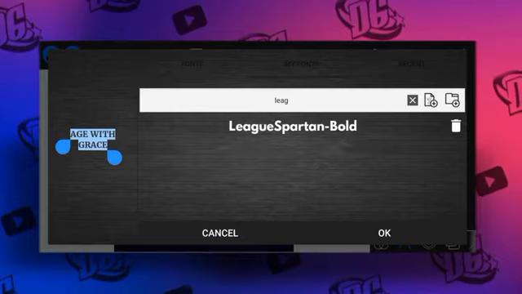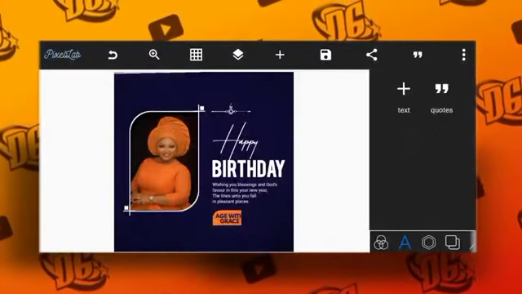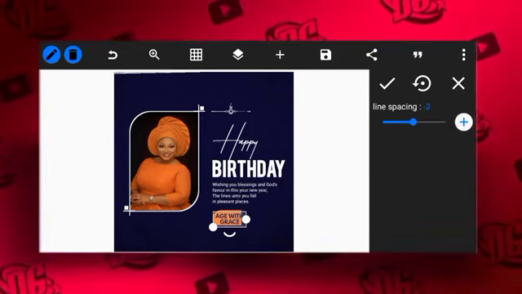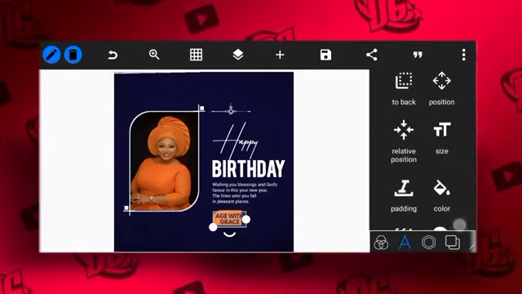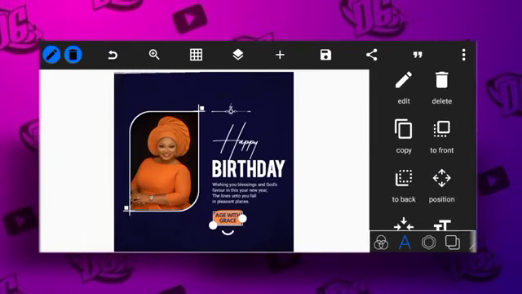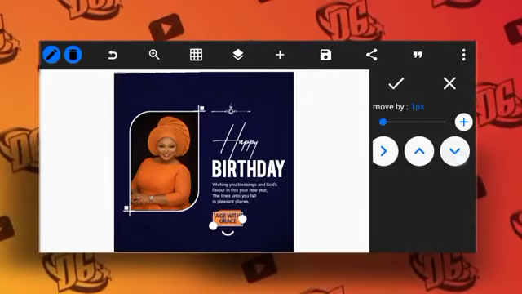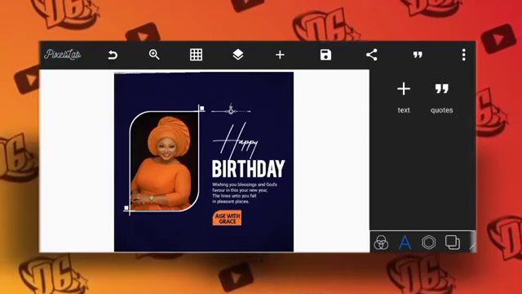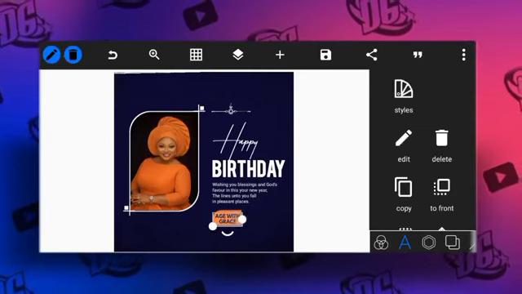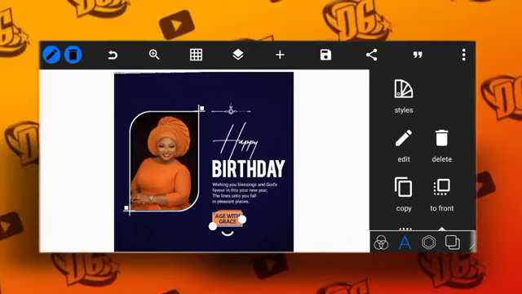So let's say this should work. So we give it breathing space, then we reduce the size to 16. So very good. This actually works. So after that, the next thing that we are going to write is we type